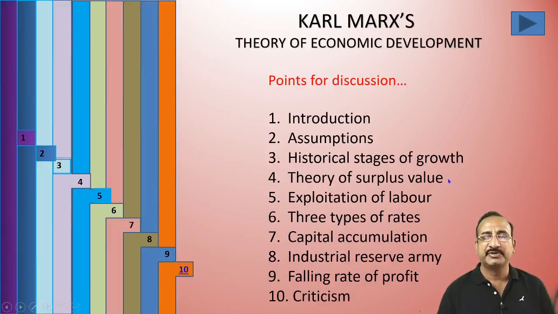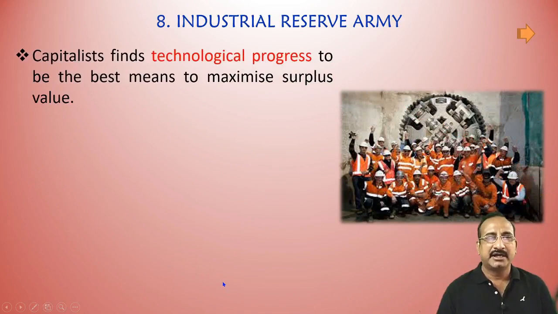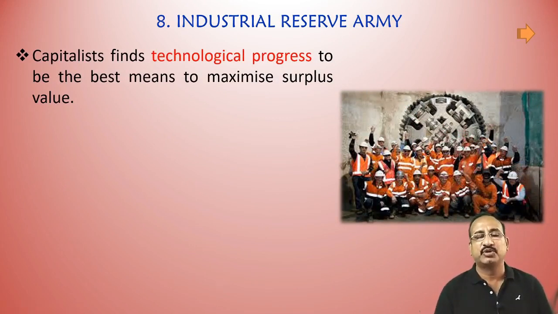After capital accumulation, let us see what is industrial reserve army. So let us go to slide number 8. According to Karl Marx, capitalists find that technological progress is the best way to maximize surplus value,